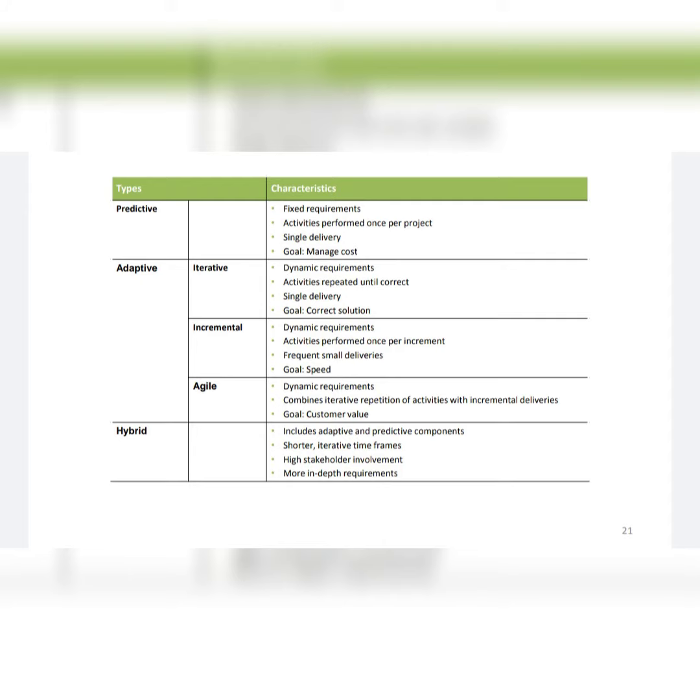The hybrid is a combination. For example, if in a project you have 10 phases, one phase can be iterative, another incremental, two phases can be agile, and the last one can be predictive. It's up to you, because it is decided between phases only. Based on that, we are sequencing it. So first you need to understand there are different life cycle models: number one is predictive, number two is iterative, number three is incremental, then hybrid, and then agile.